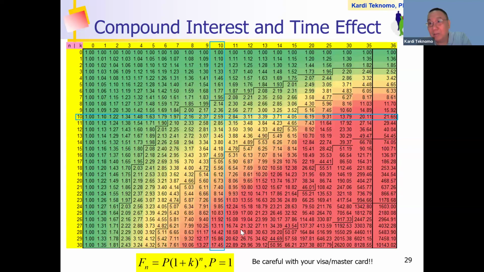From this value alone, you can start to see, even at 10% interest, if you are paying at 30 years, you are paying actually 17 times of your loan. Your loan is 1 in here. You see, P is 1, but you are paying actually 17.45. I hope this opens some insight about the meaning of loan and compound interest, because sometimes you don't understand that this is non-linear.